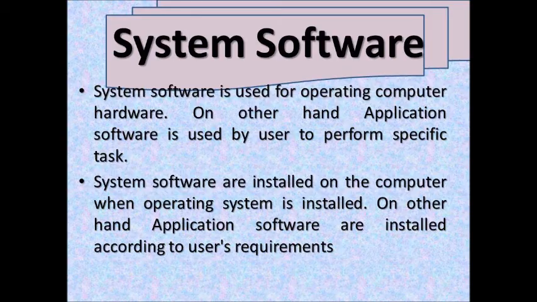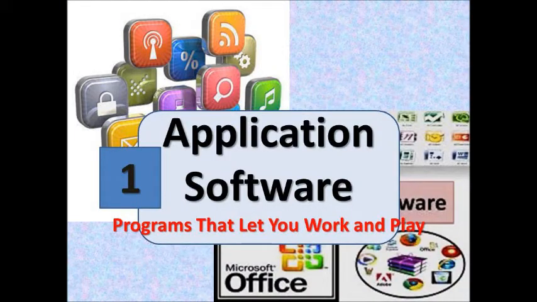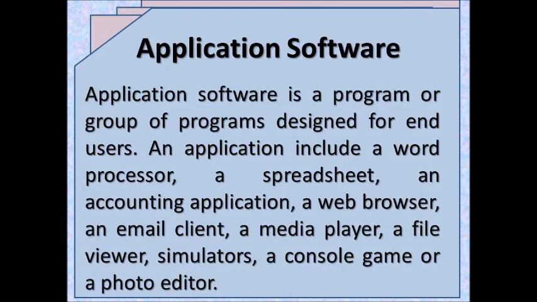Let's have a throwback to what we did in the previous tutorial. There we learned about system software, that is basically a collection of programs which makes the use of computer easy and efficient. System software is related to the installation of operating system, device driver, utility programs and language processor. All these types of software are installed in your computer, whereas application software is installed according to the user requirement. Application software solves the user problem, preparing documents, managing records. Application software is software used to do the task at home, school and work.